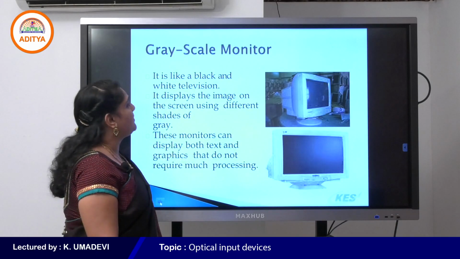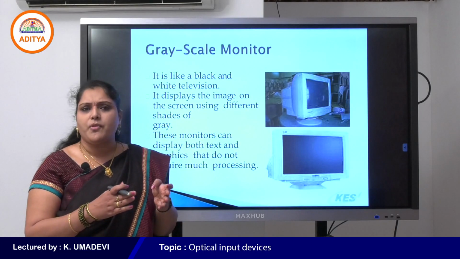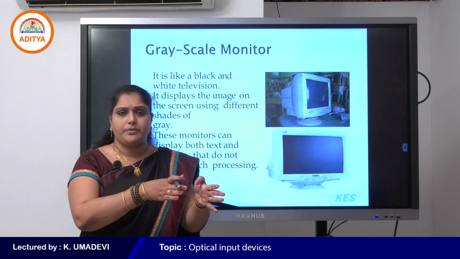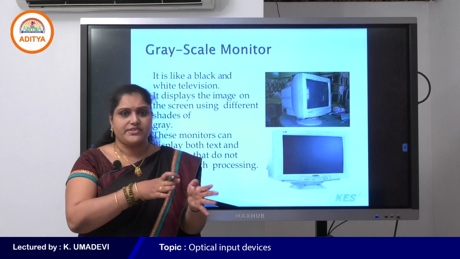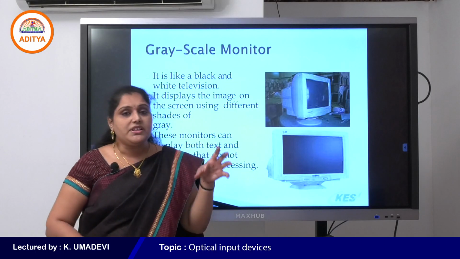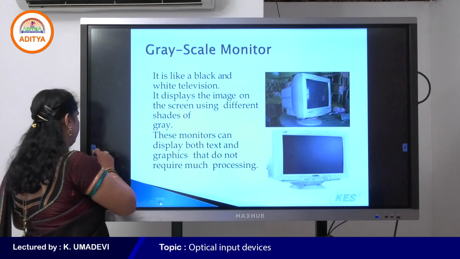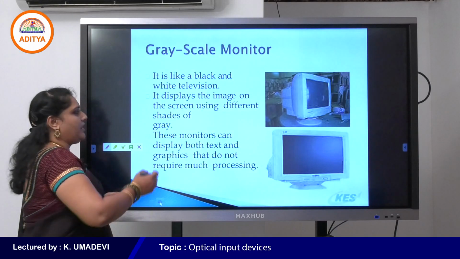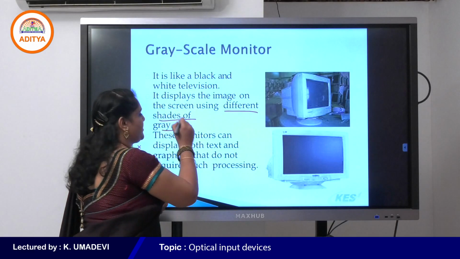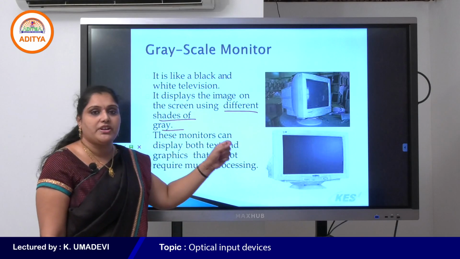So what is the next one? Grayscale monitors. This is one type of CRT monitor that is used to display any type of information or text or images on the screen using different shades of grey.